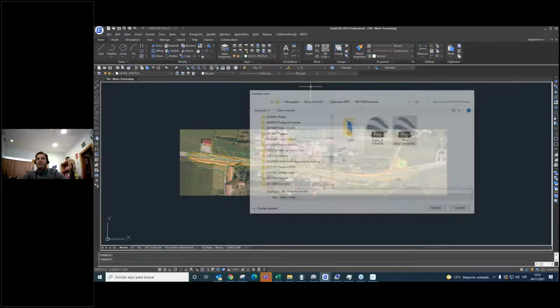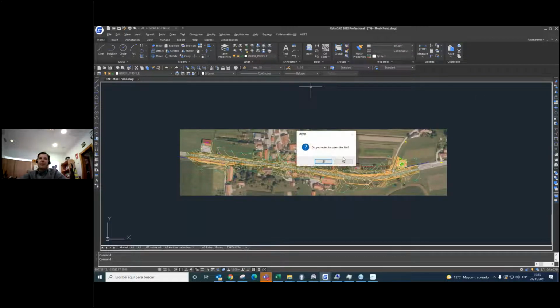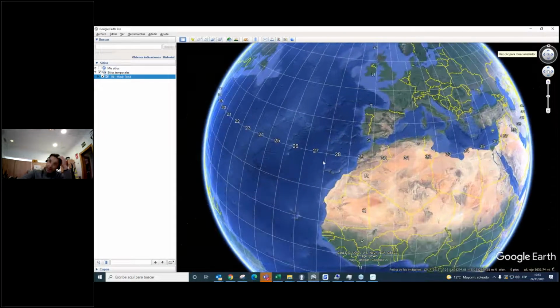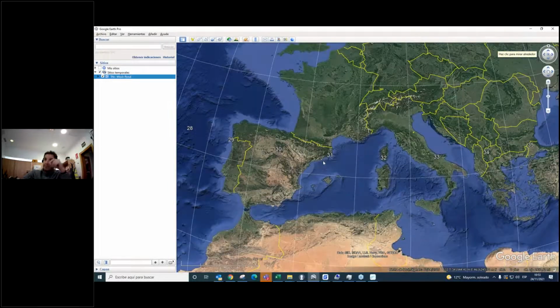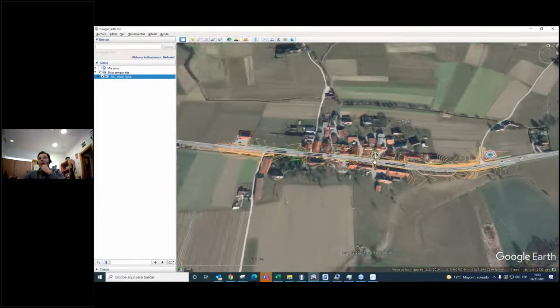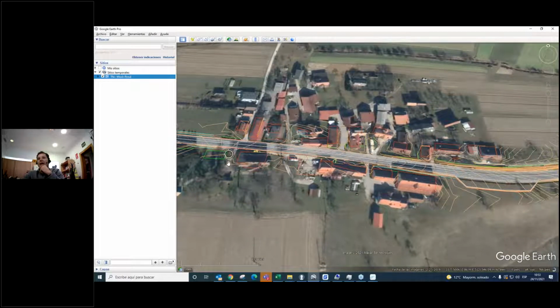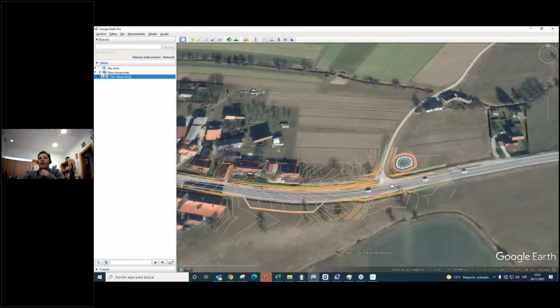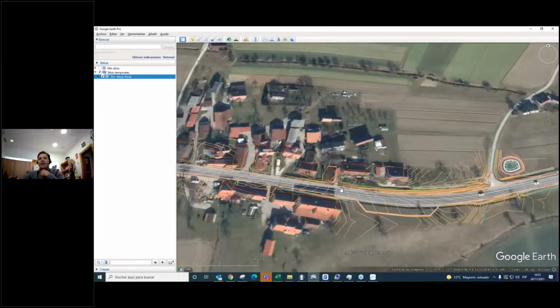Replace, yes, and open with Google Earth. Export to Google Earth. And here is our final road and our pond that we created in this example.